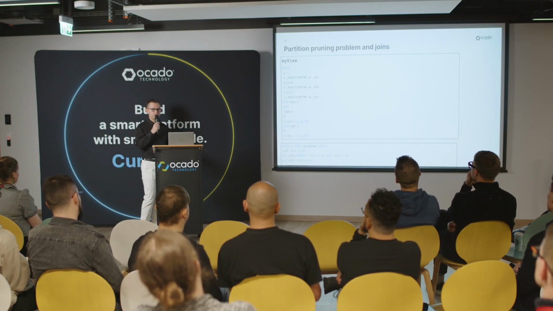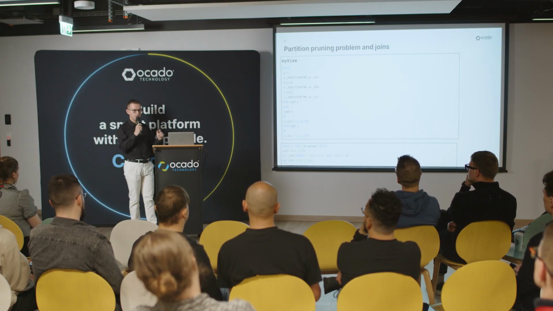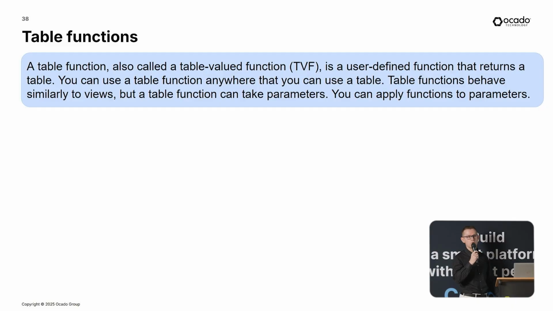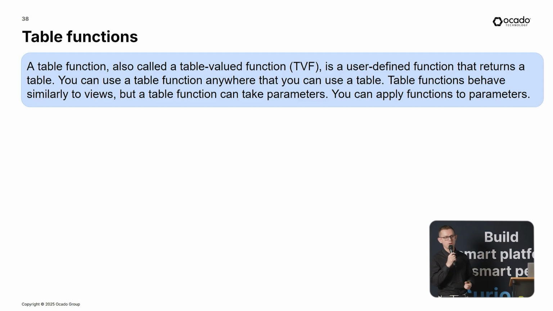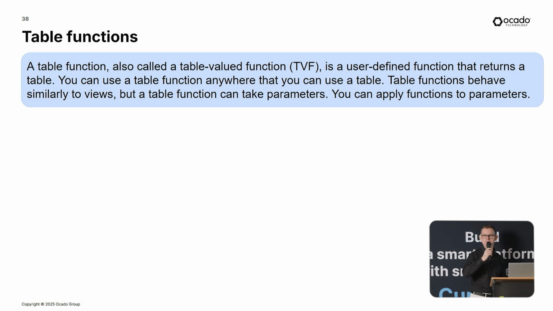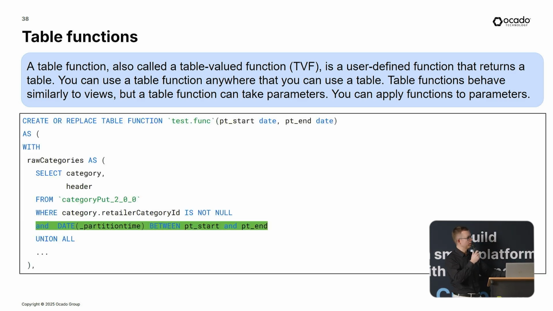And there is no perfect solution for that in views, but we have so-called table-valued functions. A table-valued function is just a user-defined function that returns a table. So you can use it in your SQL queries in every single place that you would normally use a table or a view. But you have parameters, something that is not supported in views, at least not in standard SQL, which basically means